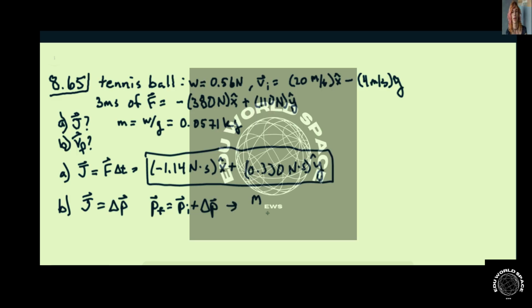So now we have m times v final, the thing we'd like to know, equals m times v initial, which we're given up here, plus our force times the length of time it acts. So you divide through by m, put in the numbers,